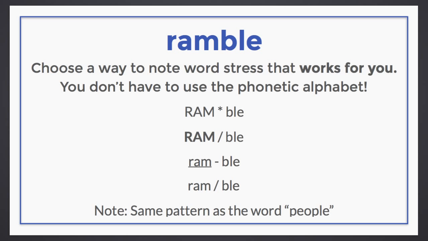So my special note here with this word is that it has the same pattern as the word people. And the reason you want to take notes of these type of things when you discover a new vocabulary word is you want to connect it to something that's already familiar to you. And it has the same pattern. People, ramble. It's not the same word. You notice there's an LE. So you're going to really pay attention to that pattern because it will help you remember when you're practicing this